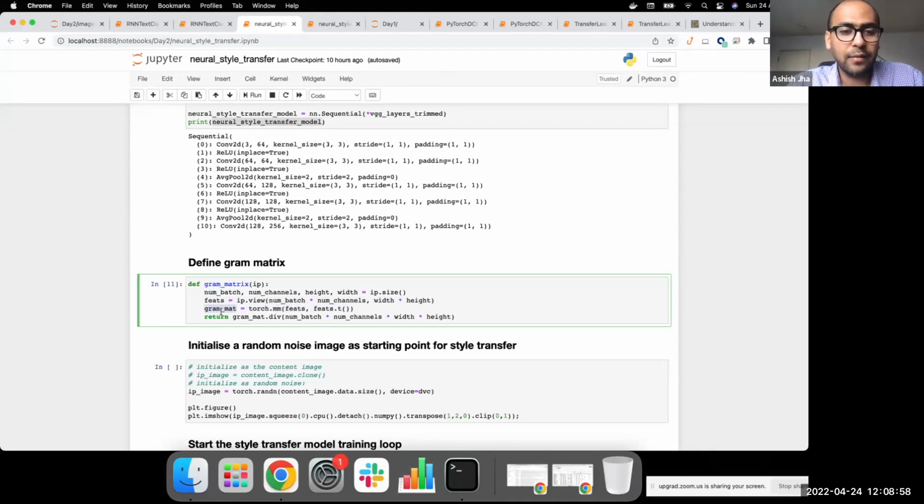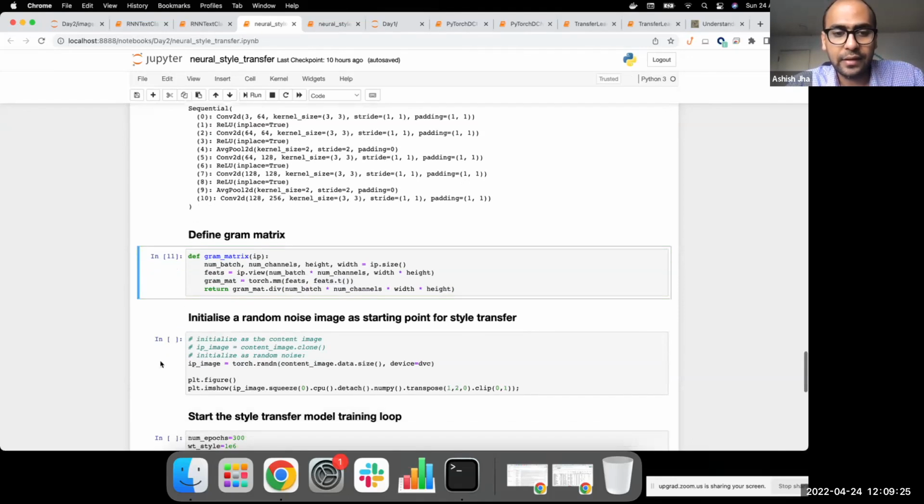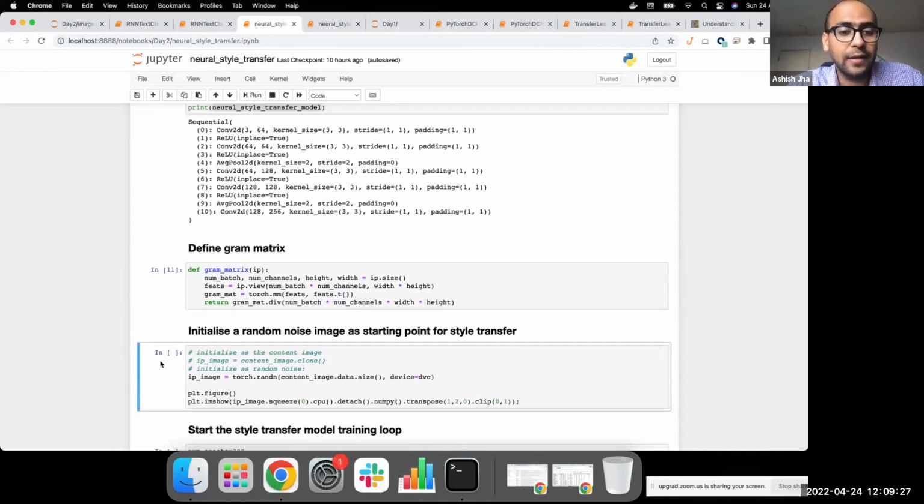And once you have your gram matrix, you divide it, because when you multiply your matrix with its own transpose, you are obviously going to blow up the numbers. Because of the way matrix multiplication works, it is going to add all the rows in itself. So this step is done to normalize the values so that it does not mathematically blow up. That's the gram matrix. And then the initialization of the random noise image.